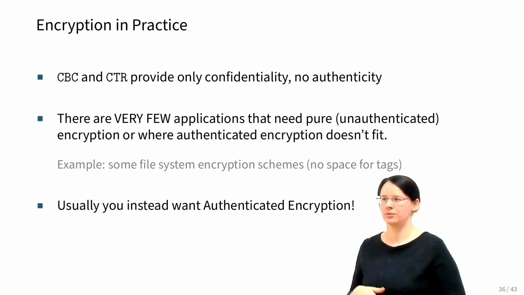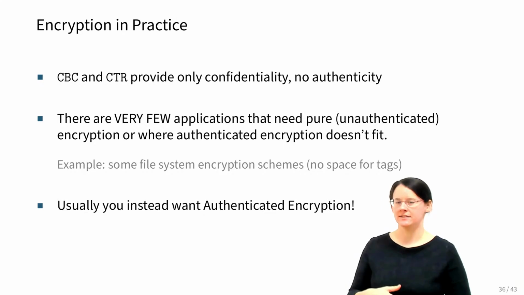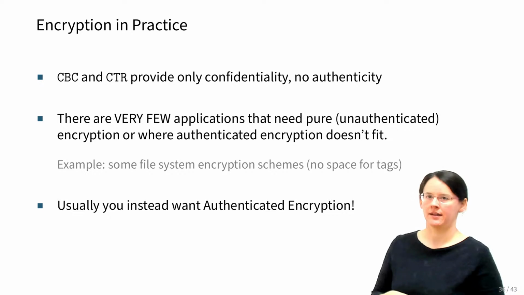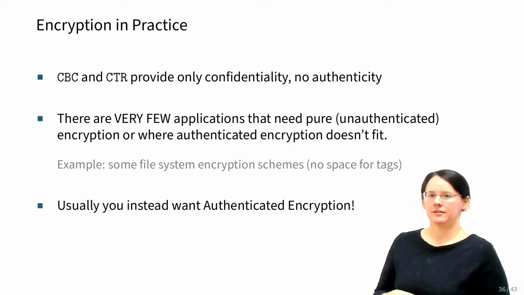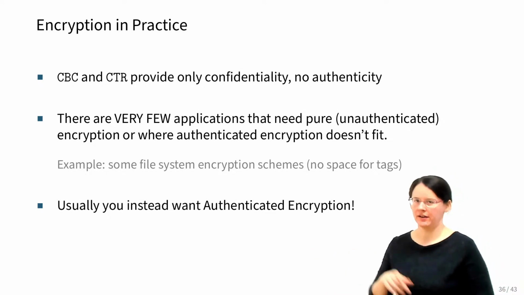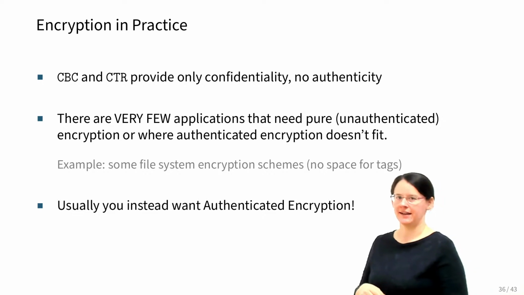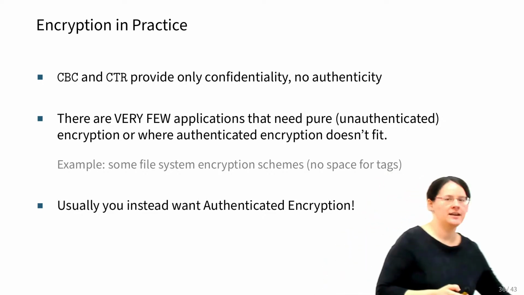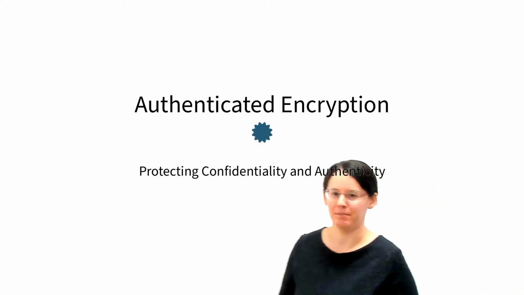Actually, none of the two modes we saw so far, but one of the most popular ones is called XTS. You saw that on one of the previous slides where I showed the Linux picture. But when you do actual communication, so you're actually communicating over an insecure channel, you usually want to use authenticated encryption instead. So let's have a quick look at that,